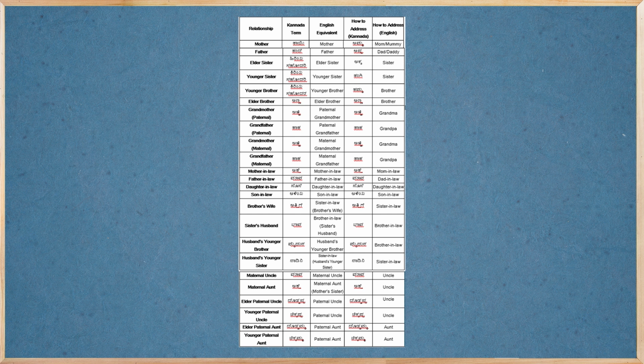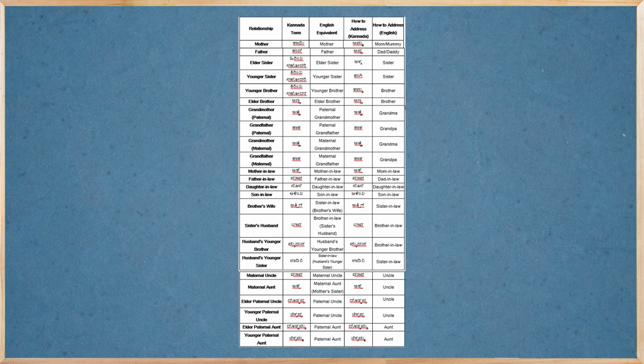Please note that Sahodari is the word equivalent to sister in English and the word Sahodari will not reveal whether the sister is younger or elder. Similar to Sahodari, Sahodara is the word for brother in English. Again, Sahodara doesn't explain whether the brother is younger or elder. That's why in Kannada we have different terms for elder sister, Akka; younger sister, Tangi; younger brother, Tamma; elder brother,